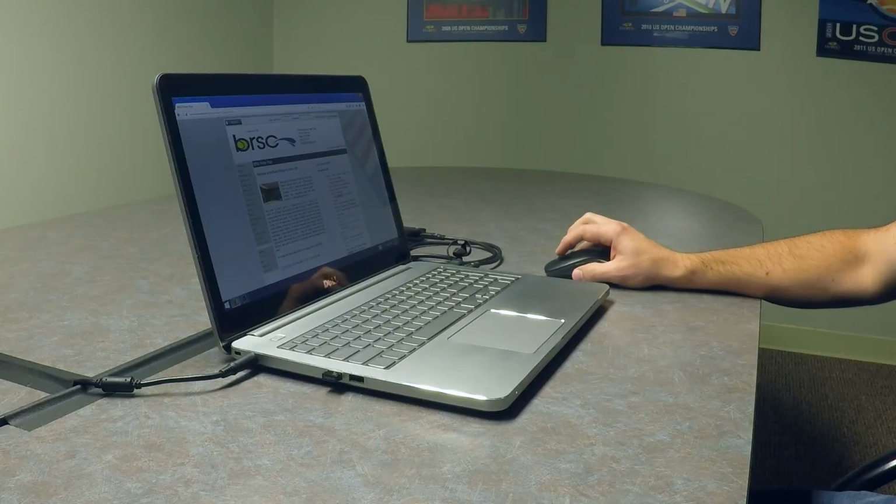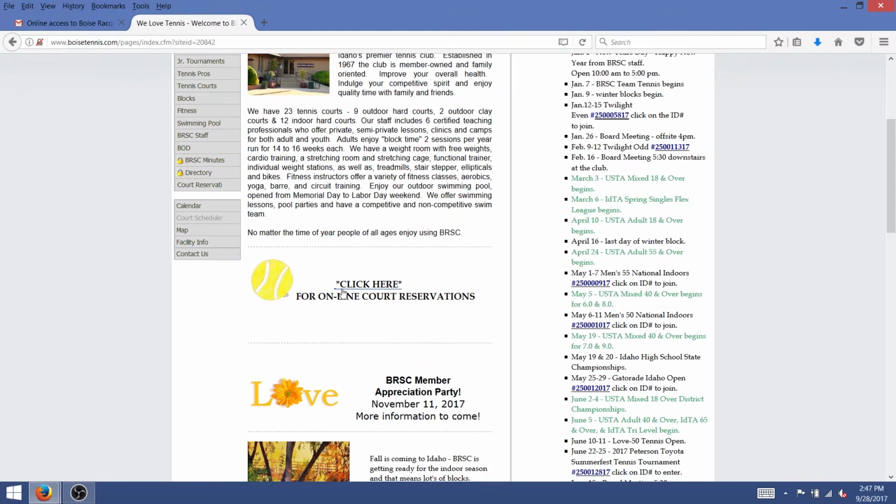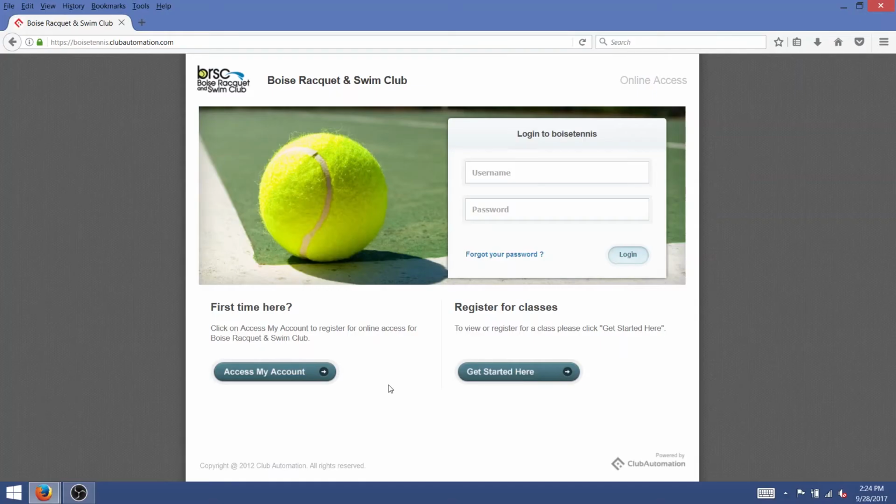So for your initial registration for online court reservations and account access, you'll want to access the boisetennis.com webpage. On the landing page, you'll see a link that says click here for online court reservations. Once you click on that link, it'll take you to Club Automation, which is our new point of sale and online registration software. At this point, you'll be able to register for the very first time by clicking